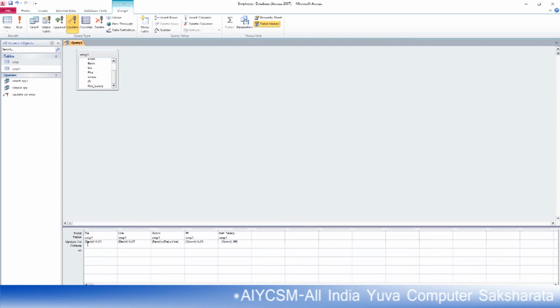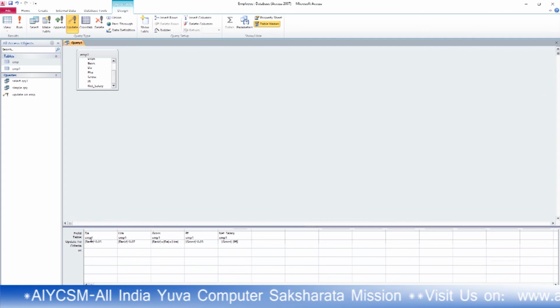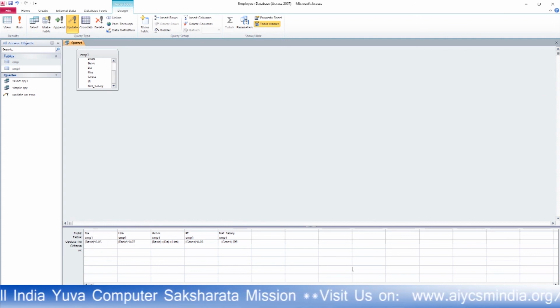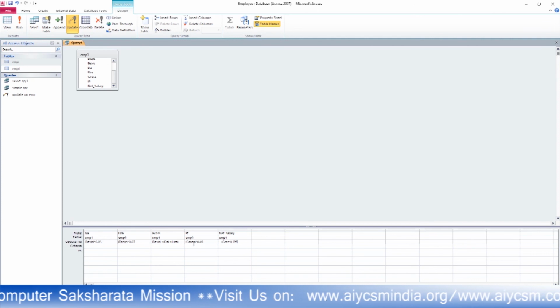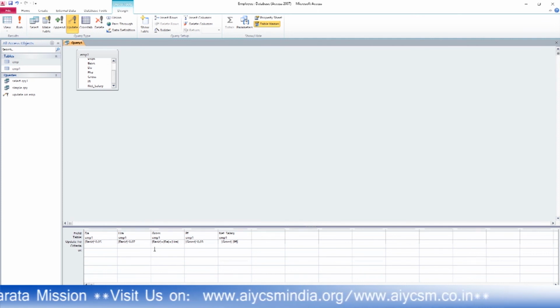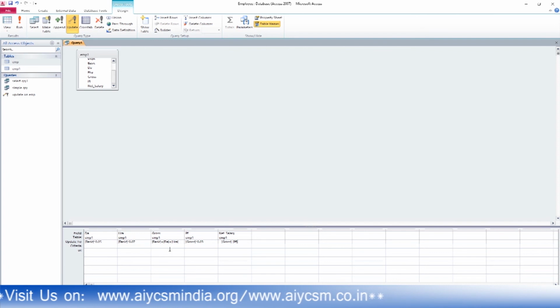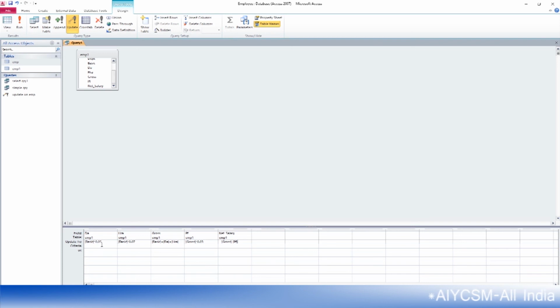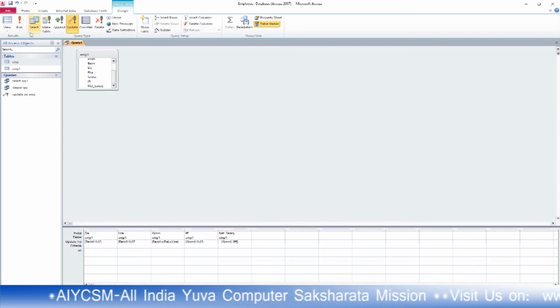It is not mandatory, but you have to provide the equals to sign, and the angular bracket around the criteria field name. This is mandatory, okay. All the field names are in angular brackets. You have to see it properly. If you are not providing this, then you have a syntax error. You have to provide all these field names in angular brackets, then multiply with your value. No percentage sign is there. In Excel you can use a percentage sign, but here you provide the calculated value. 5% means 0.05.